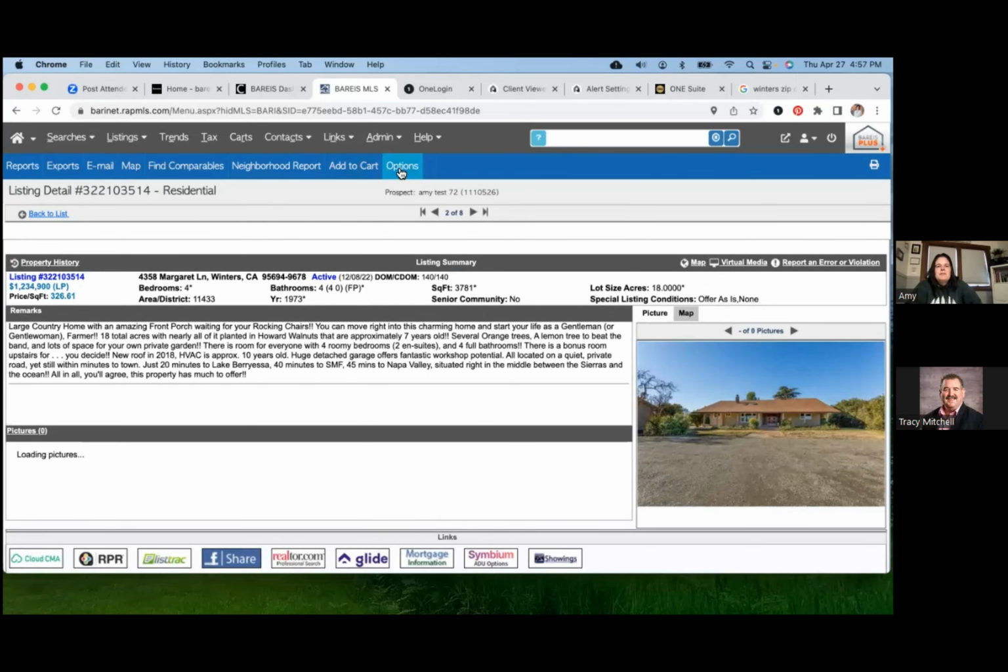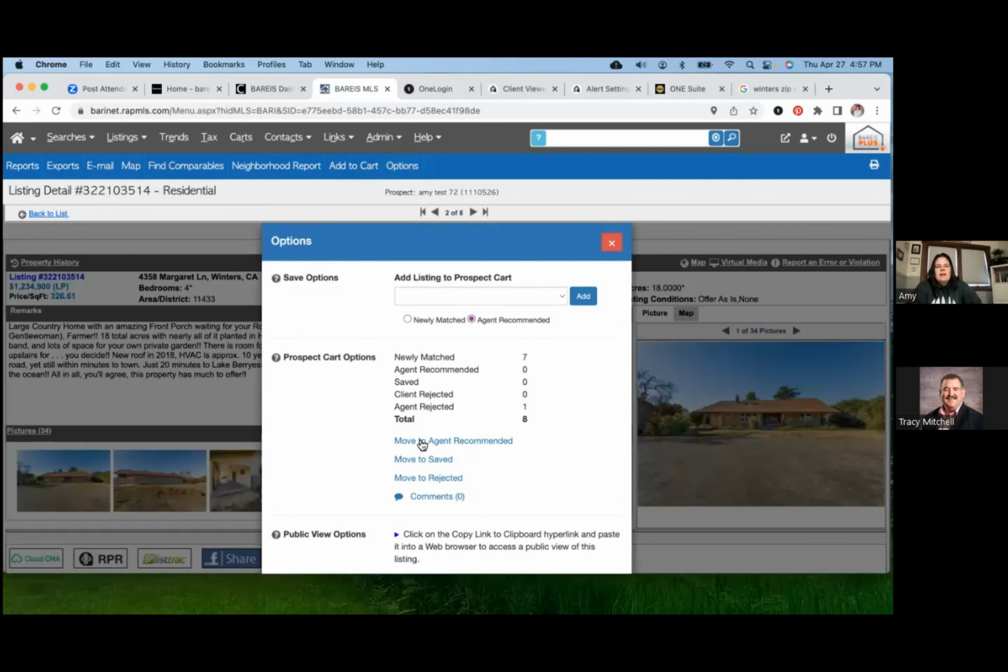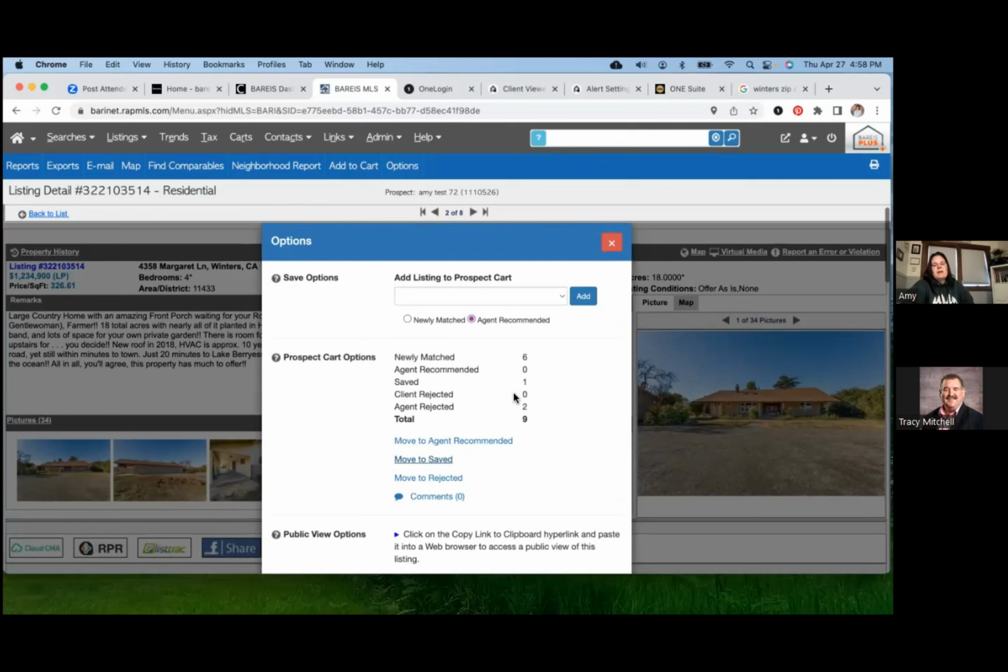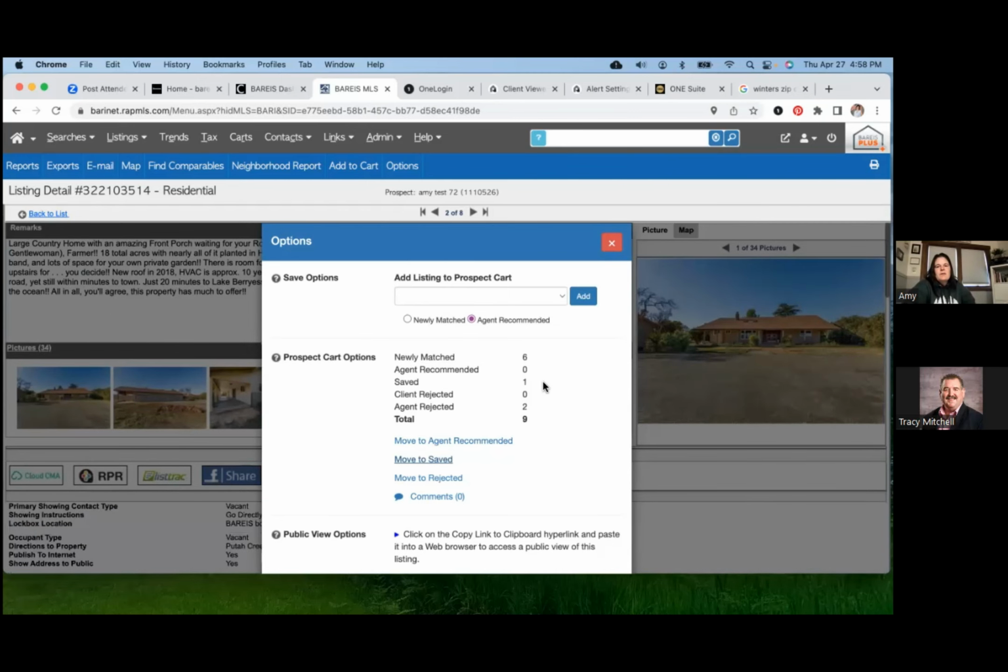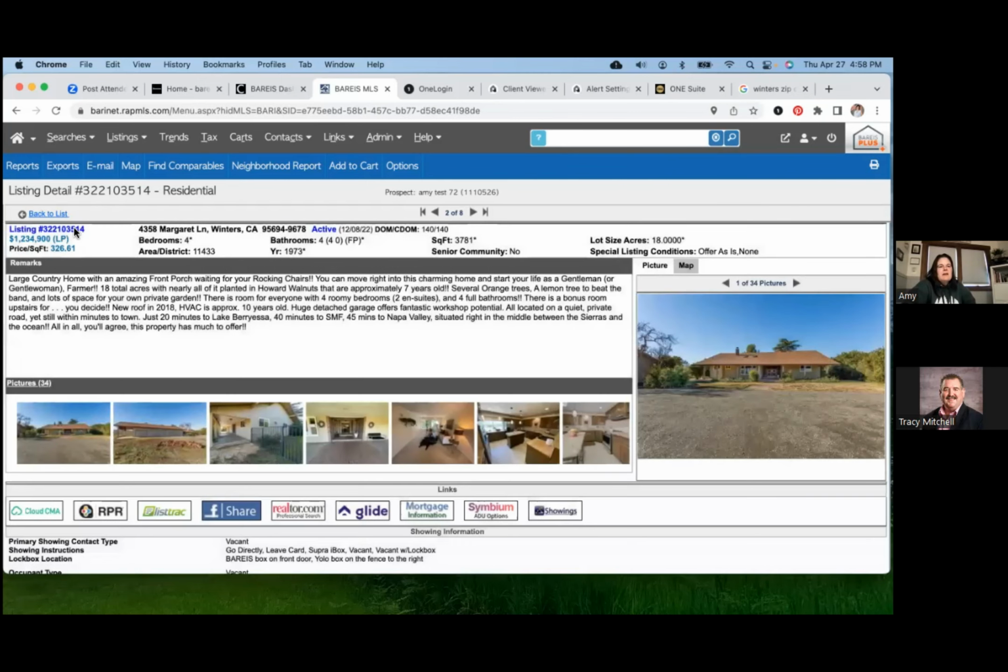I can come in here to options and I can go, hey, we want to move this one to saved. They liked that one. So maybe if I was setting up a showing for them later this week, I could move that to saved, or they might have already done it. Well, I'll show you that one here in a second. There we go. So now if I go back to list,